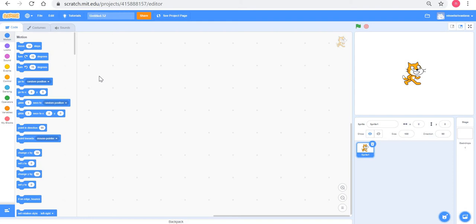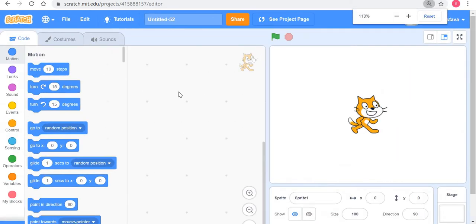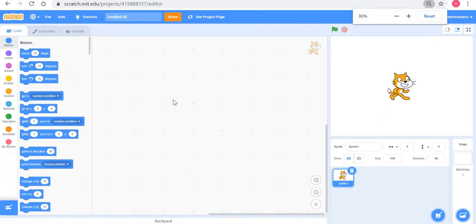So I've gone to the familiar Scratch page. I'll make it a little bit bigger. Now, broadcast blocks are available inside events.